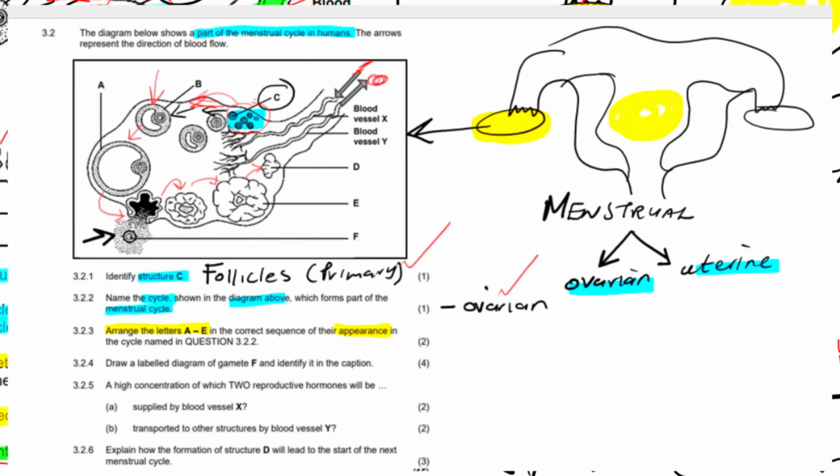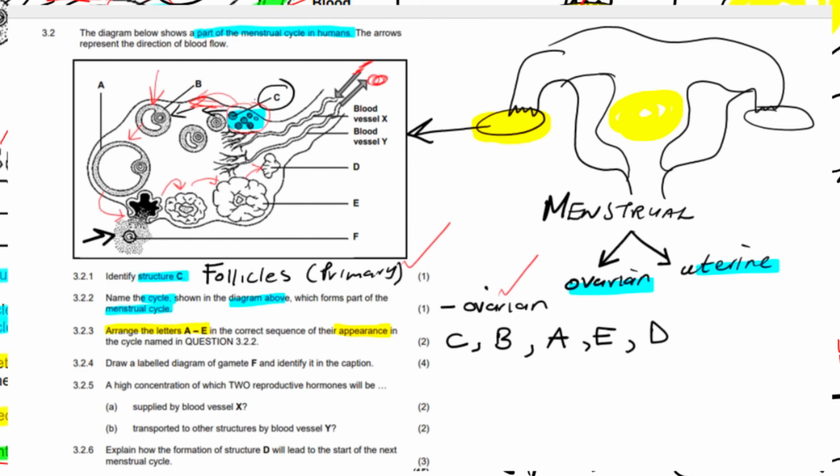The correct sequence starts from the smallest, which is C, and then it grows to B, because B is slightly bigger than C, right? And then B grows to A. From A we cannot mention F, because we have to mention the letters A to E. So we are just counting A, B, C, D, E, not involving F. Now E is the structure starting to degenerate,